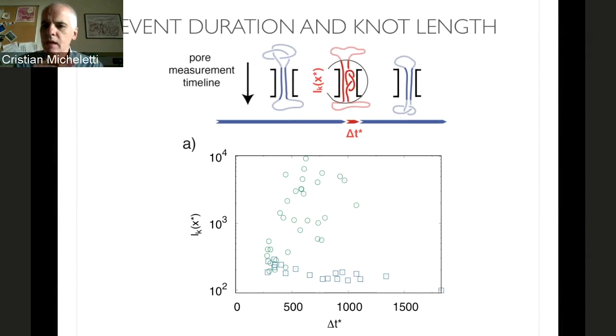However, if you look at the connection that these translocation events have with the size of the knot at the time that translocation occurs, then you see the data are really scattered all over the place. And it's really intriguing. If you look closely, you can convince yourself that there are essentially 2 data sets that are superposed here. There is one set of data that has a very wide distribution of the duration of the